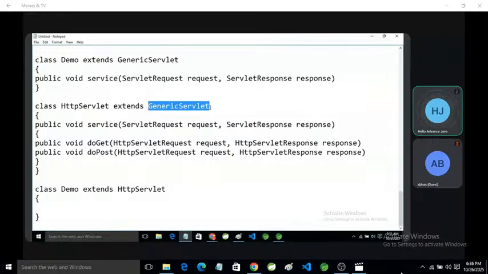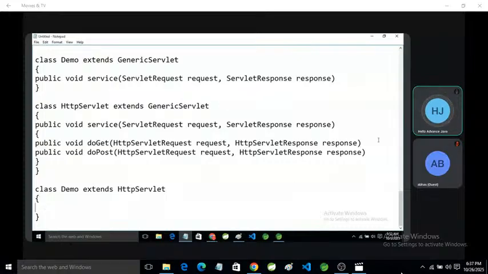Second thing, in generic servlet we implement the service method, and if we are using HTTP servlet, we use doGet or doPost. Mostly we are using the HTTP protocol, so we have no need to use any other servlet class in place of HTTP servlet.